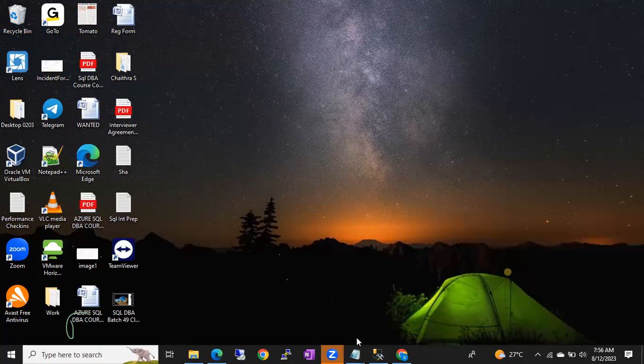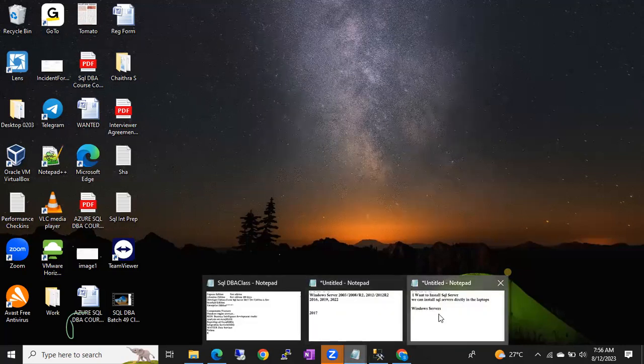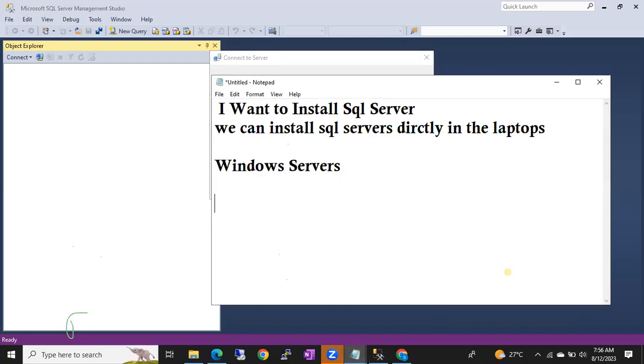So there are different types of machines: physical machine or bare metal, BM, and VM, guys, virtual machine. There are two types of machines: physical machines and virtual machines. Physical machines are also called bare metals. Earlier, like 15-20 years back,